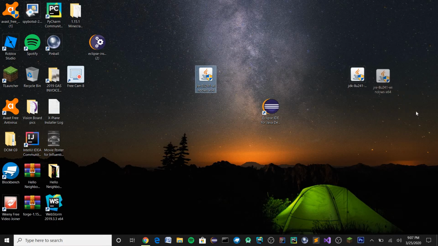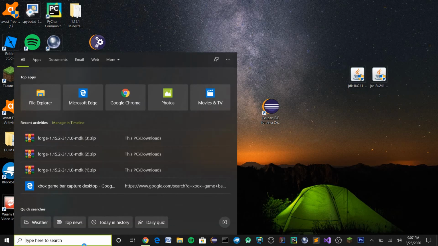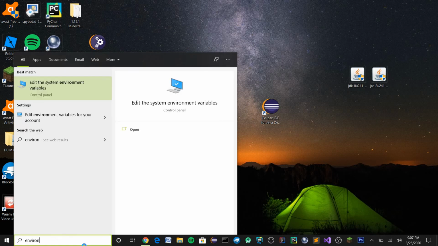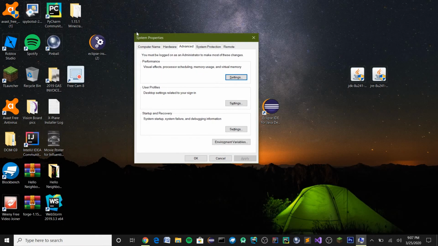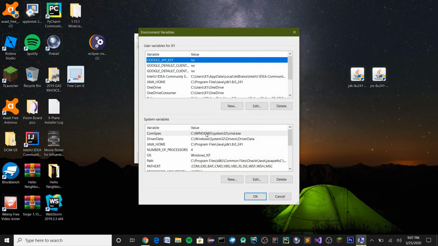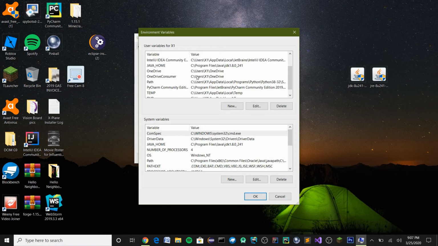you. And when you have these two installed, now what we need to do is go on to environment variables. So right over here, edit the system environment variables. You want to click that. You're going to get a tab like this, and you want to click environment variables. Now you're going to see a lot of variables here. You don't want to click any of them. Just don't click anything now, and do not mess up anything here, or else you're going to mess up everything